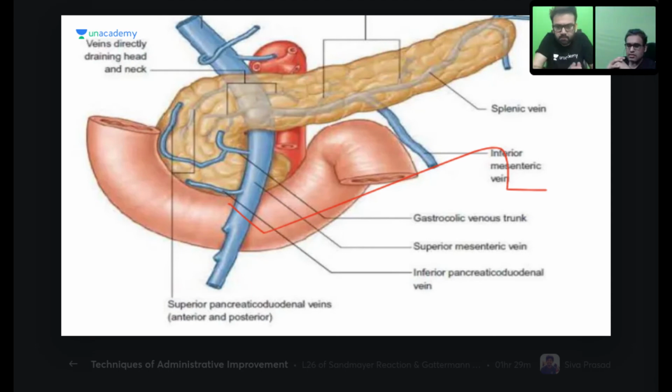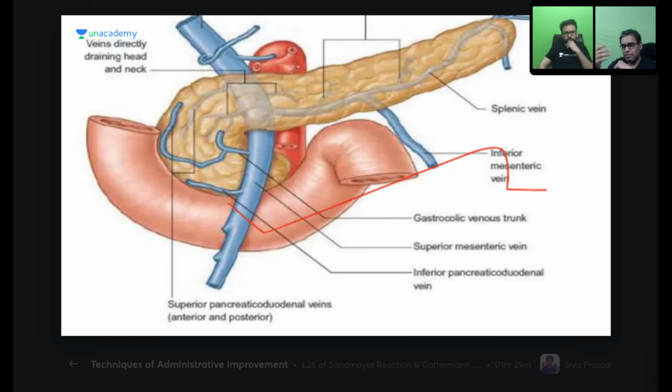So we started the venous part. We just did the arterial part, and now we continue the venous part. What I was telling you is that the major vein is the superior mesenteric vein, and from the hilum you can see the splenic vein that is coming behind the pancreas. So that is also one of the posterior veins of the pancreas, the splenic vein.